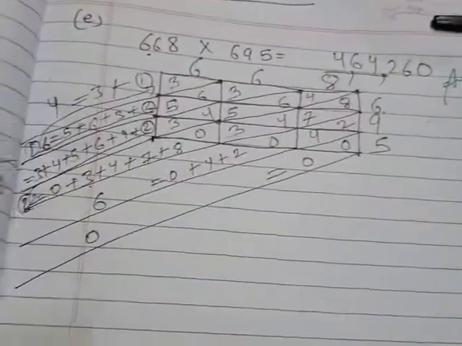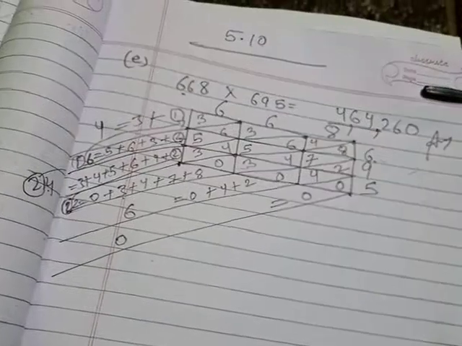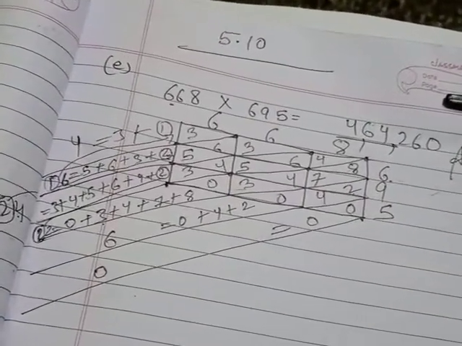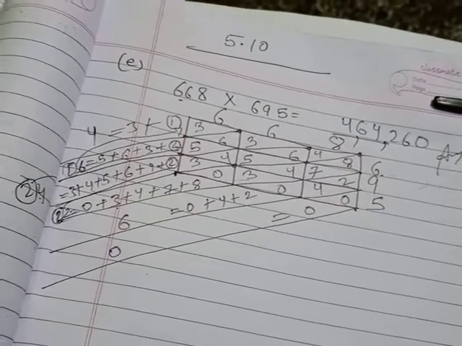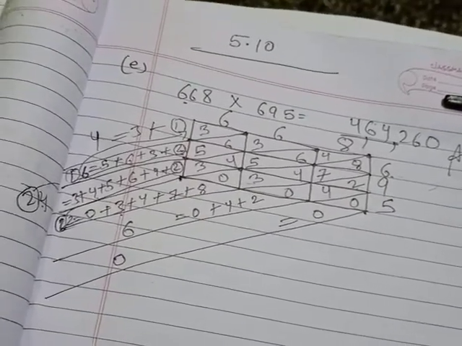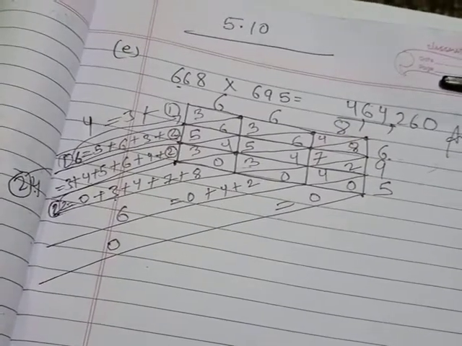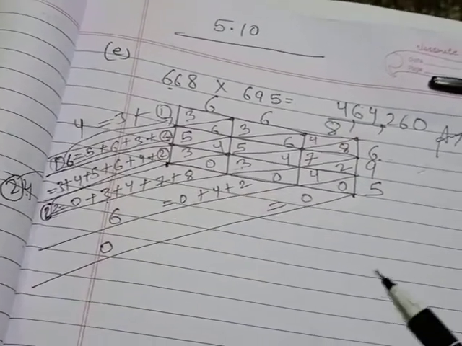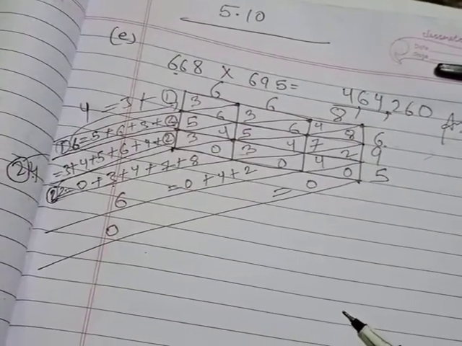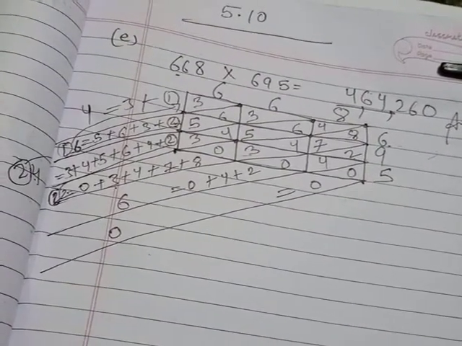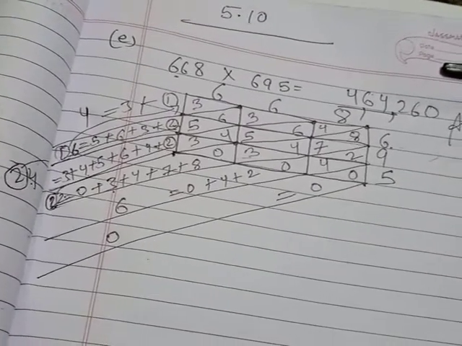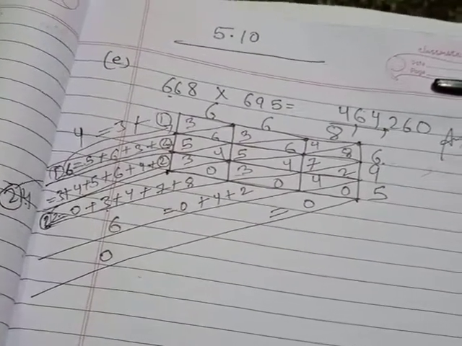This is how we solve the lattice method solution when we have a 3-digit multiplier and multiplicand both. Go through the clip very carefully because it is very important and a new concept for you, and solve it and practice it. The more you practice, the more you will understand, and the fewer mistakes you will make while solving the sums. Okay, so practice it again and again.